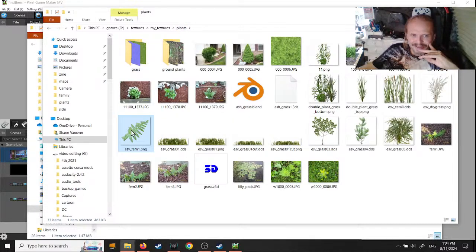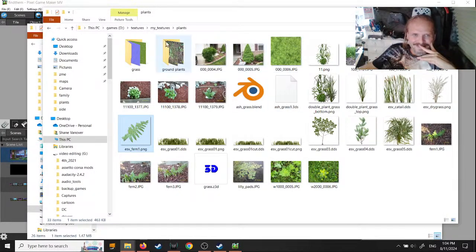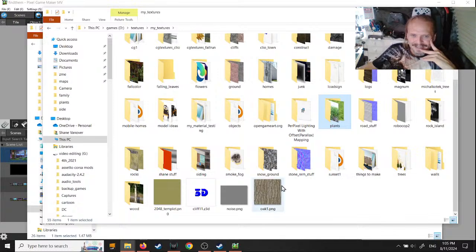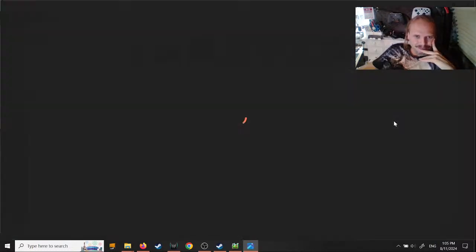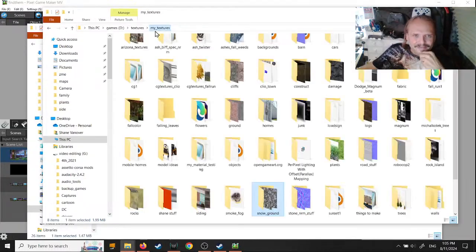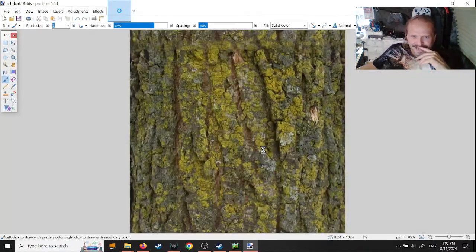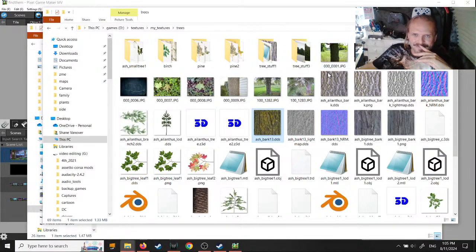And so I have all these just random weeds, plants that I've taken pictures of and cut them out to make different, some snow texture. But I always figured, one day it'll come in handy. It'll come in use. Trees, I added this tree bark texture over my painted